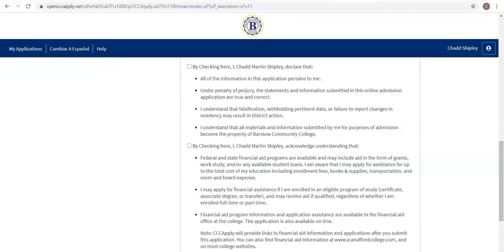Next, it will ask you to check the boxes to show that you declare the following. By clicking here, you declare that all the information in this application pertains to you. Under penalty of perjury, the statements and information submitted in this online admission application are true and correct. I understand that falsification, withholding pertinent data, or failure to report changes in residency may result in district action. I understand that all materials and information submitted by me for purposes of admission become the property of Barstow Community